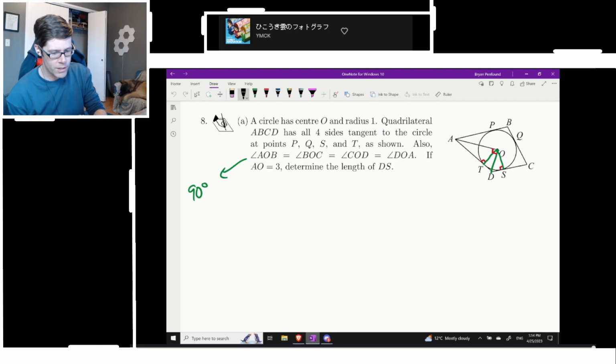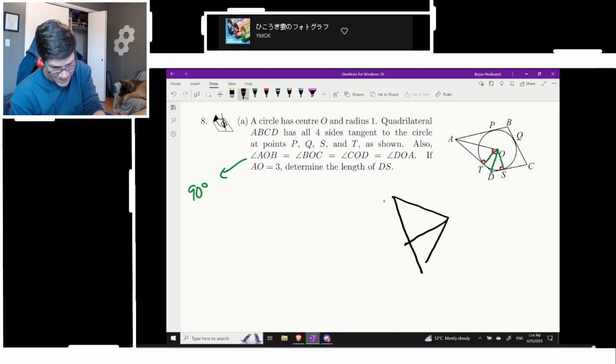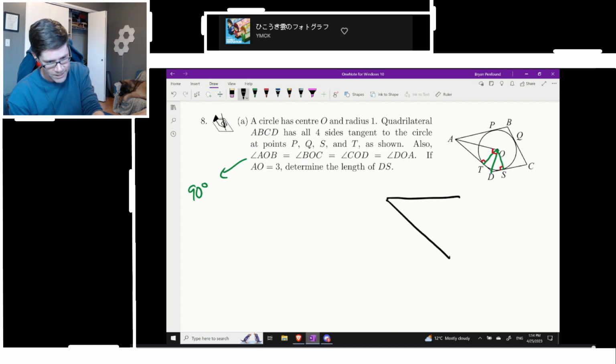I think we can probably zoom in though. I feel like we can probably work with AOD and AOT. Something tells me that we need to work in here. And I'm not going to do a very good job of drawing these. Try again. Attempt number 2. Okay, let's just draw one triangle at a time. Oh man. This is how my week is going.